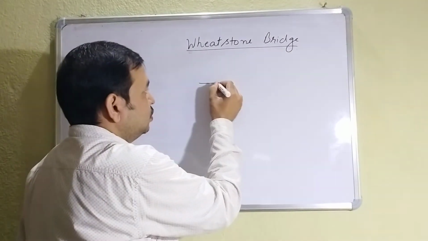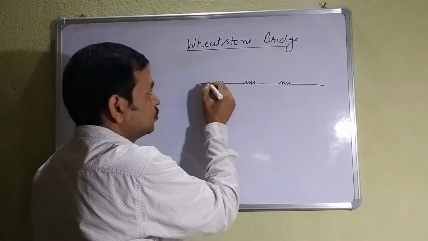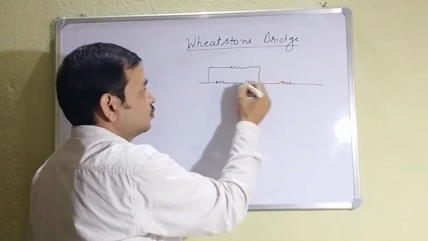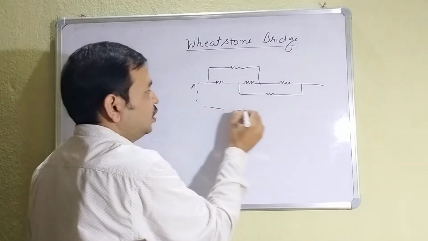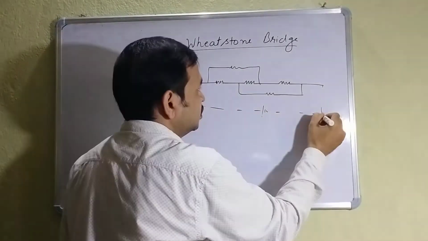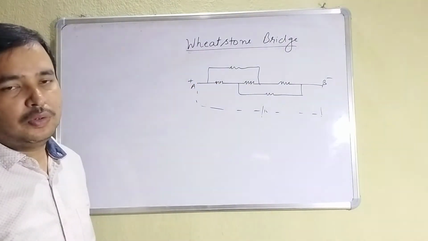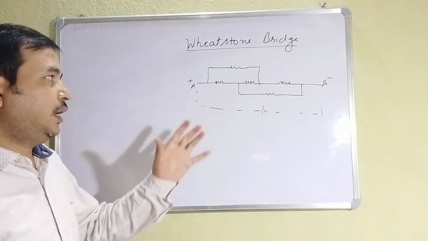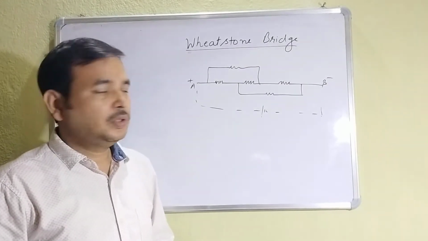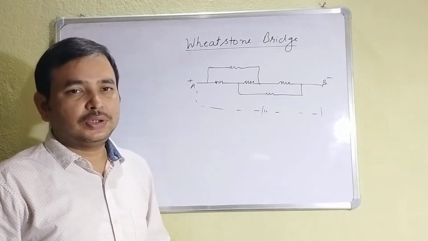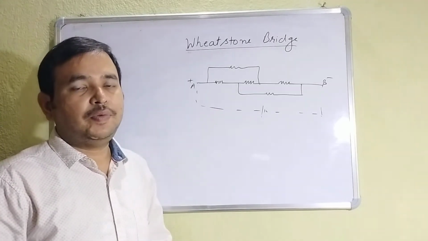Suppose this is one question. This is point A. Suppose this is connected to some battery, and this is point B. This will be at positive potential, this will be at negative potential. Now, if you are asked to find the current through different resistors or find the total resistance, you have to first draw the equivalent circuit of this one, and you will see it is a Wheatstone bridge. Then you have to deal with the question.